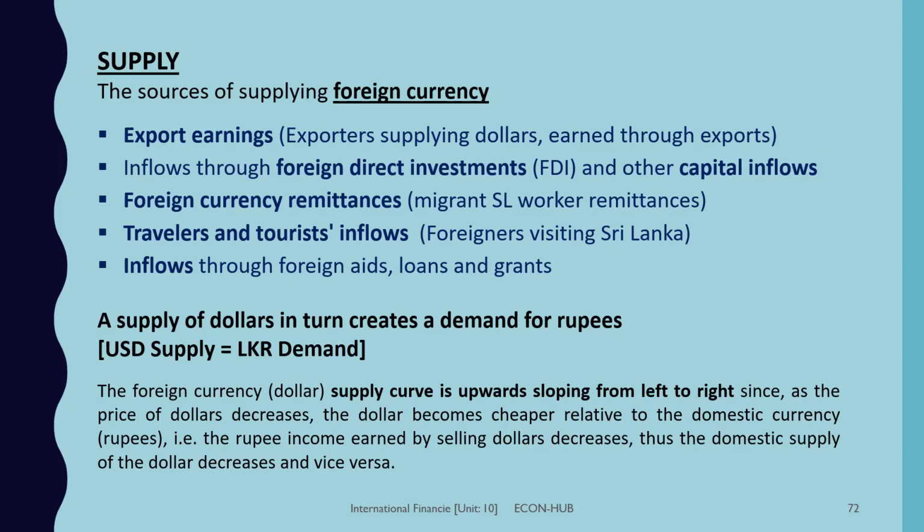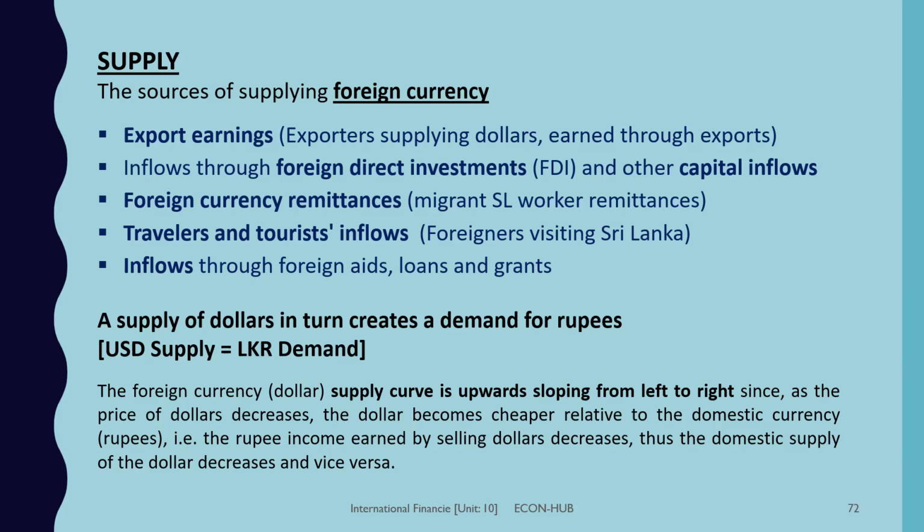So now you know how to explain why the dollar demand curve is downward sloping and the rupee supply curve is upward sloping. Now you know how to explain why the dollar supply curve is upward sloping and the rupee demand curve is downward sloping. They will always ask in that combination, and you know how to give the three-point explanation. Generally, you can talk about the dollar demand and the dollar supply also. That is the first paragraph given